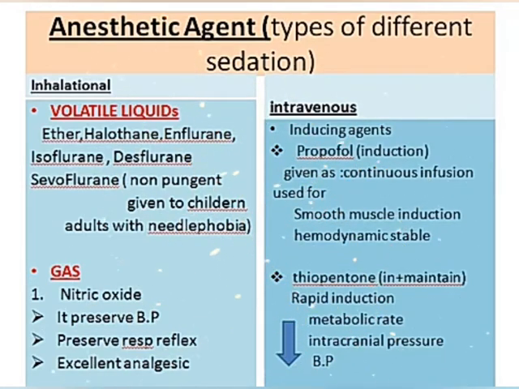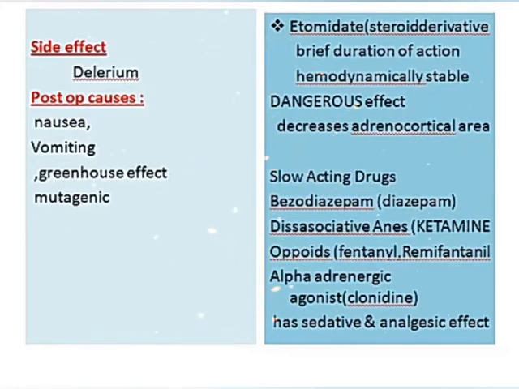Our next drug is thiopentone. It is also used in induction as well as maintenance. It helps to reduce the metabolic rate as well as intracranial pressure. Hence, it is used in brain surgery and also in hypertensive patients because it helps in decreasing blood pressure. Our next drug is etomidate, which is a steroid derivative. It has a brief duration of action and it is hemodynamically stable. But the dangerous effect of this drug is that it decreases the adrenocortical activity, by which it can also cause Addisonian